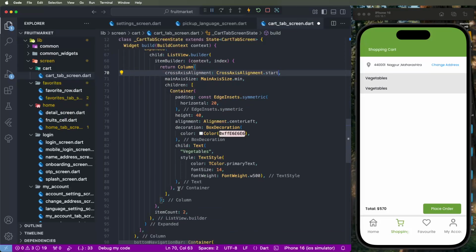So need to configure, and then after so need to configure here for another list view